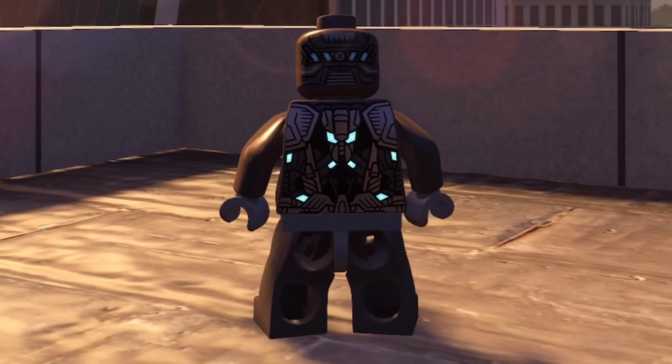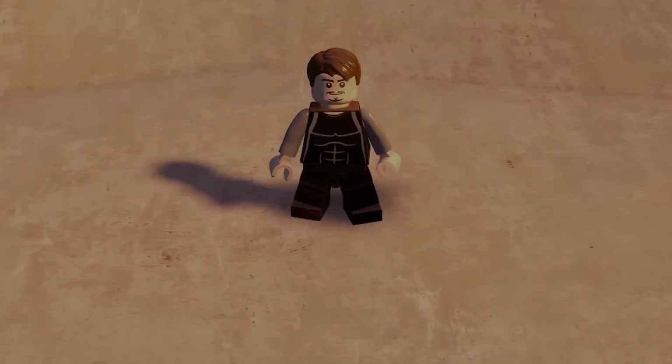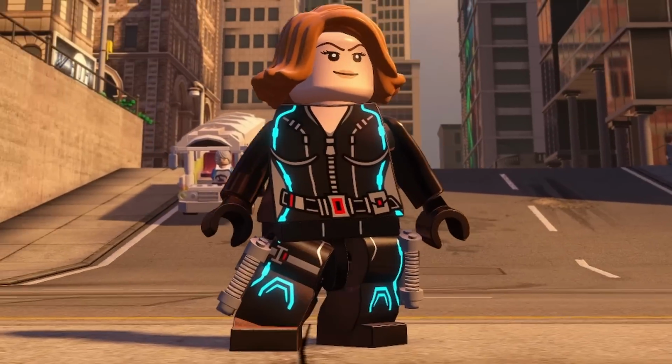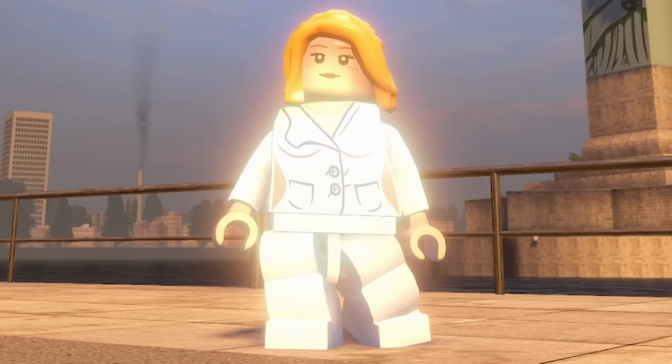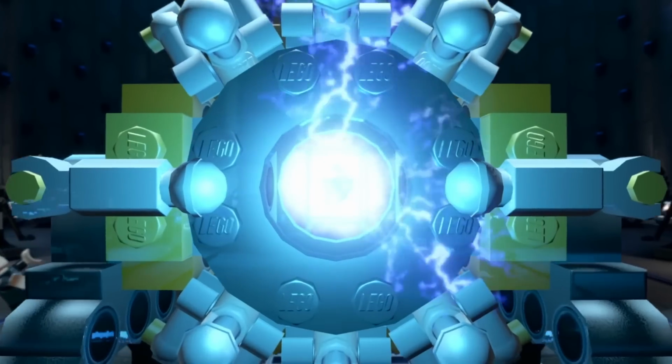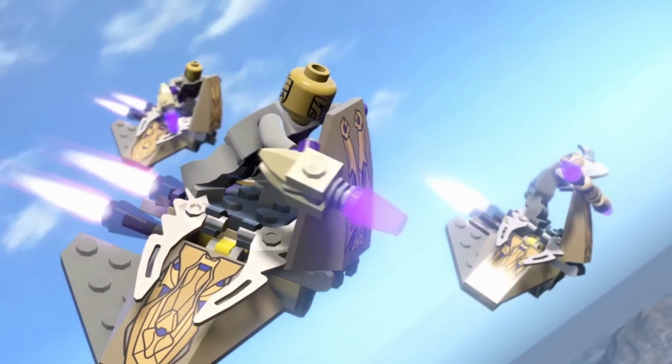So we have 4 Chitauri soldiers. Then we have a Tony Stark minifig. We have a Captain America minifig. We have a Black Widow. We have a War Machine, Scarlet Witch, Pepper Potts, Nick Fury, and Wong. But fear not, there are some new minifigs included in this set as well, and they are the following: 2